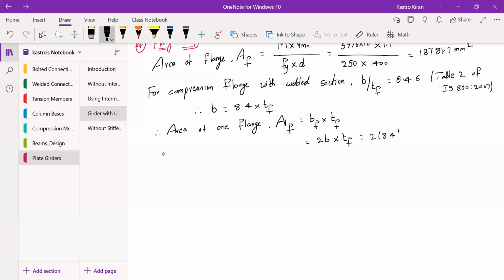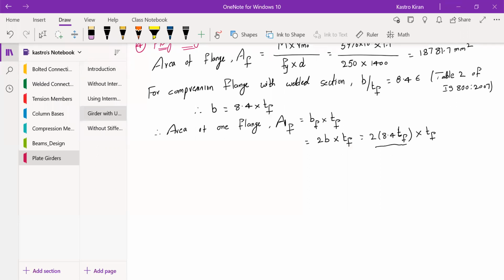8.4 into TF, into TF value. So this entire term is the BF value. Okay, so fine. Now let's find out what is this